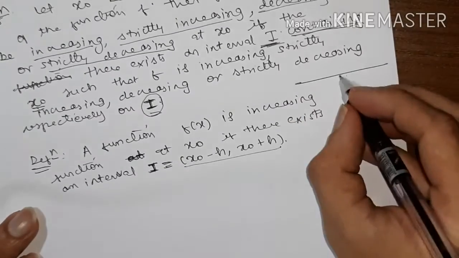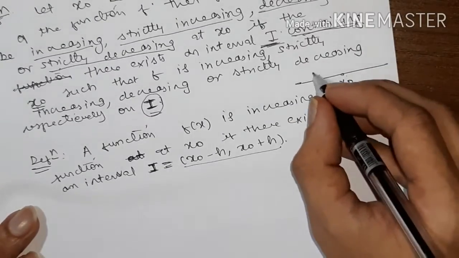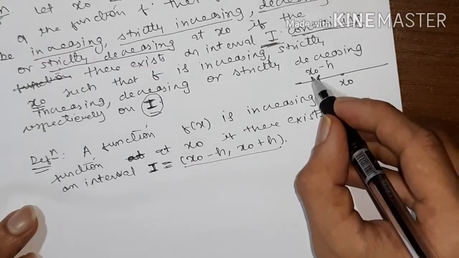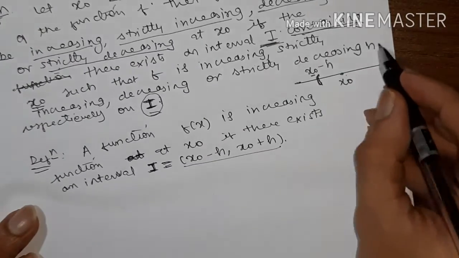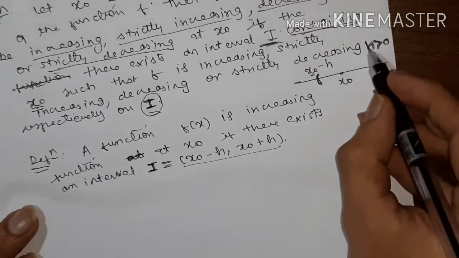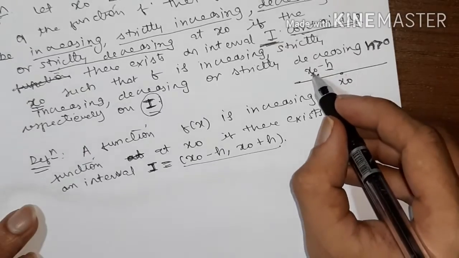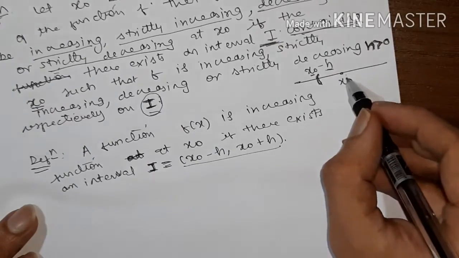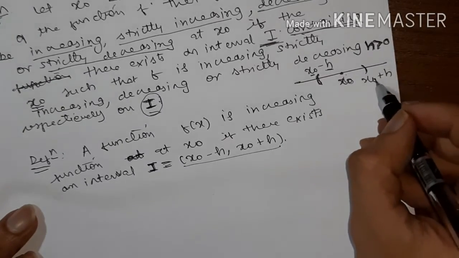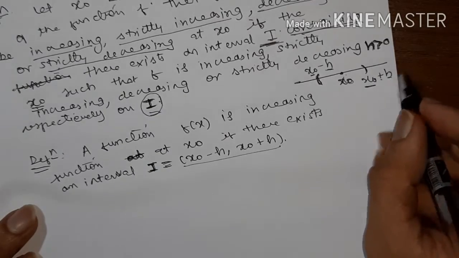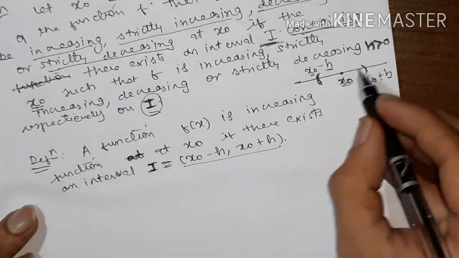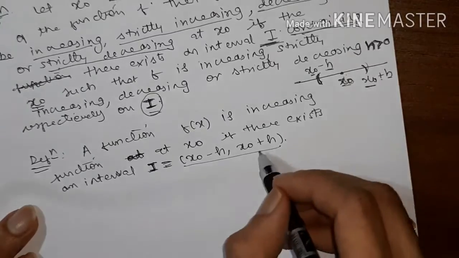So if you have a real line here, if this is x naught, then x naught minus h will be here. Why? Because x naught minus h will be a number minus h, and this h is positive here, that is important. If h is positive, then any number minus a positive number will be less than the original number x naught. Now if you do x naught plus h, the original number plus the positive number will be greater than the original number. So this interval will be x naught minus h comma x naught plus h.